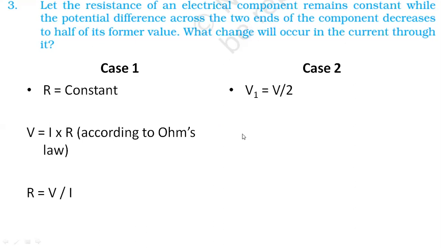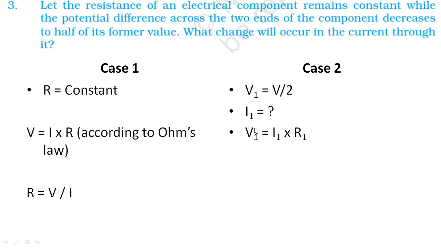Afterwards, according to Ohm's law, they're asking us to find out the current, right? In this case, for case 2, they're asking the current. So I1 is equal to question mark. What about Ohm's law for this particular new V1? The formula for Ohm's law is V is equal to IR. But for the new value, we have to say V1 is equal to I1 into R1. Correct? I1 value we have to find. That is not given.